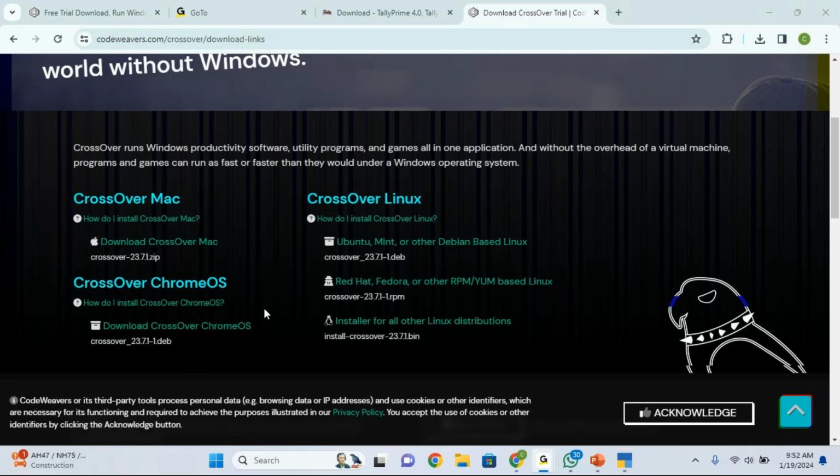See, there is one more method in which you can use your Tally on your Mac laptop. That is called dual booting. What you can do is install a Windows operating system. You can download something called